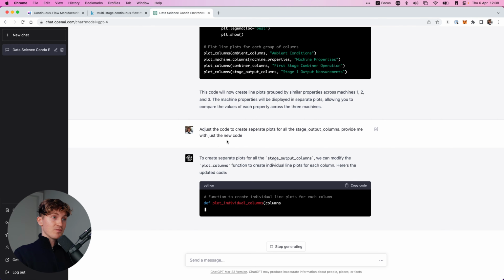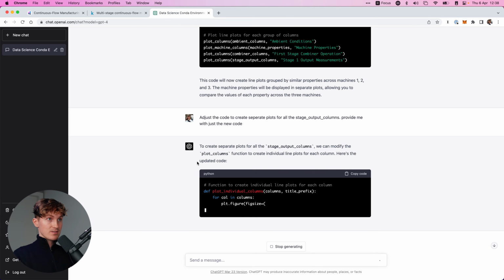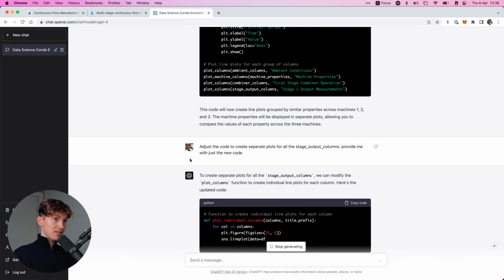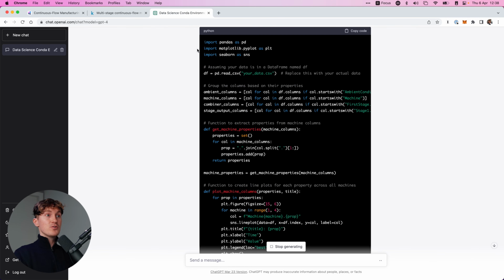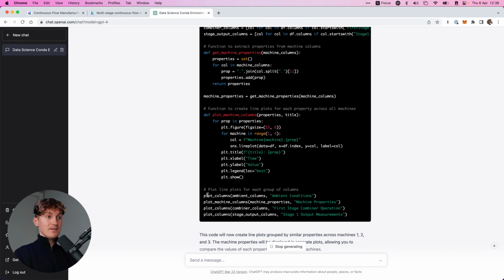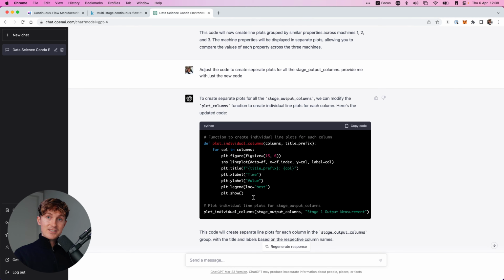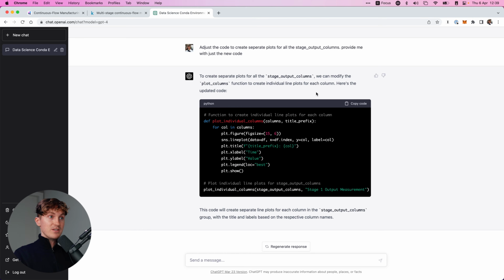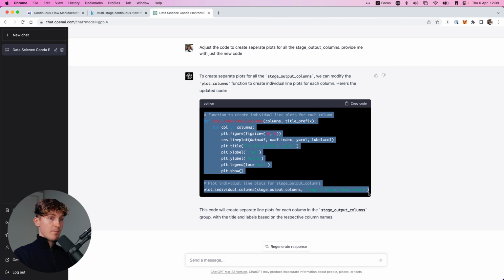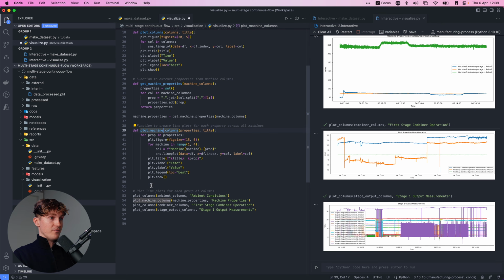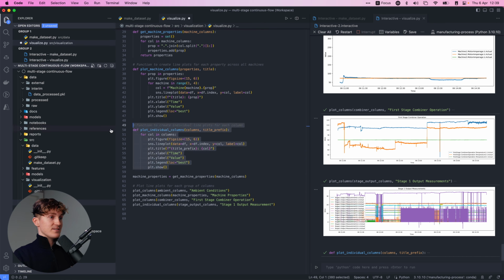And then I add to that, provide me with just the new code, because GPT-4 also tends to be pretty verbose, in the sense that it could output all of this again and then simply adjust a few lines, but again, just shows you all of the code. And since this can take some time, I just ask it to give me just the new code. So here is a new function, plot the individual columns. So we can basically add this to our visualization script,